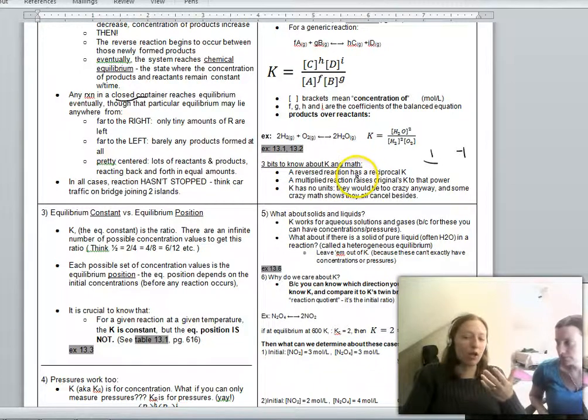That's important because they'll often say, calculate this K. Now what would it be if you flipped it backwards? And you're like, well, you just flip it over. Right, the second one,